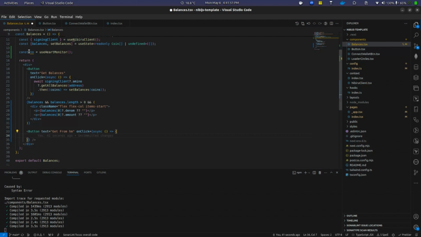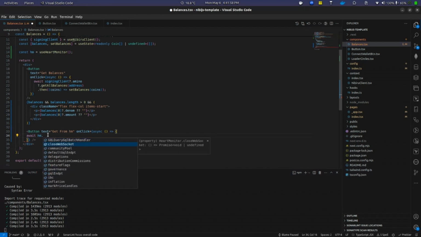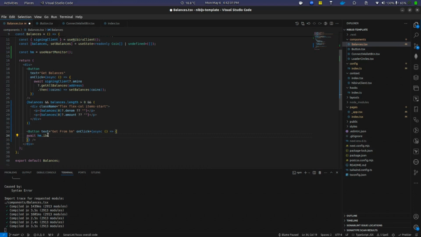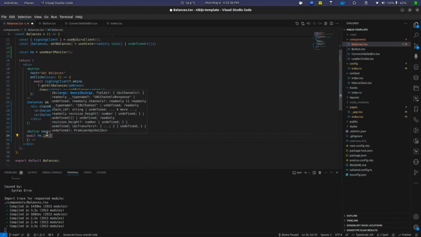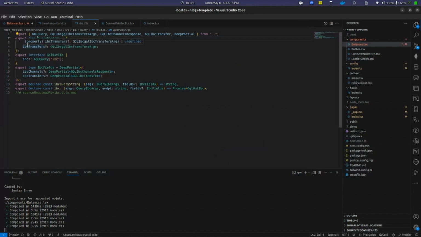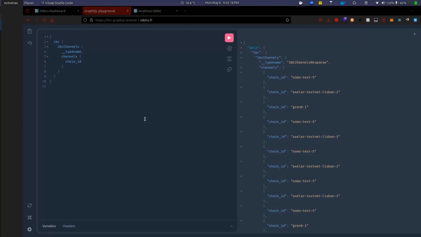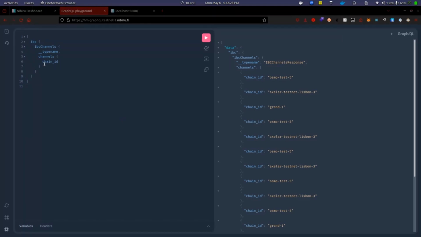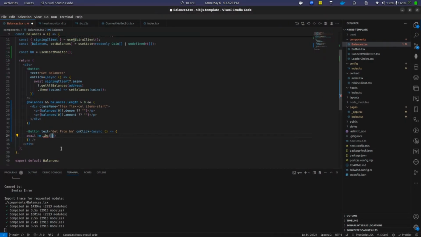Yeah, so now that we have set up here with the hook, we can just simply call await monitor, and then here we can see the various endpoints. So this is what we have. And then if you want more information on what each one of them takes, you can actually access the definition and see what the arguments require. So for this one, we basically want to know which we want, the IBC channels or the IBC transfers. For this case, since we're trying to mimic this one over here, we're going to do IBC channels. So IBC channels, and that in itself